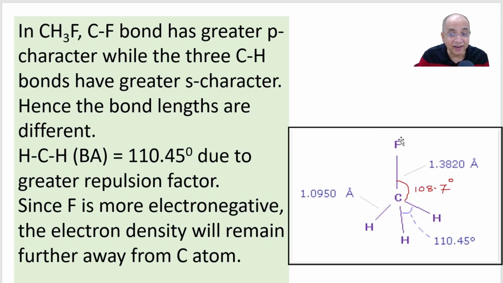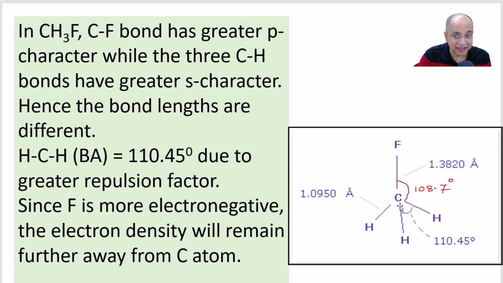The FCH bond angle is less than tetrahedral, 108.7, while the HCH bond angle is more than tetrahedral, 110.5. So how to explain the different bond angles? It's not methane, where all bond angles are 109.5 degrees. In this case, the FCH bond angle is less than tetrahedral and the HCH is more than tetrahedral. This can only be explained by Bent's rule,